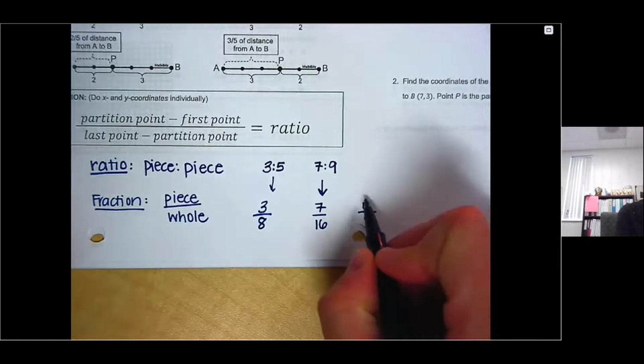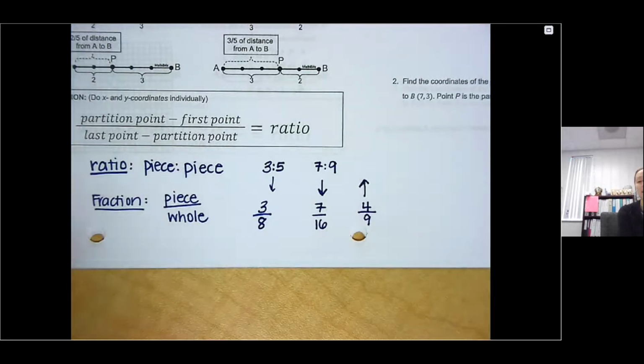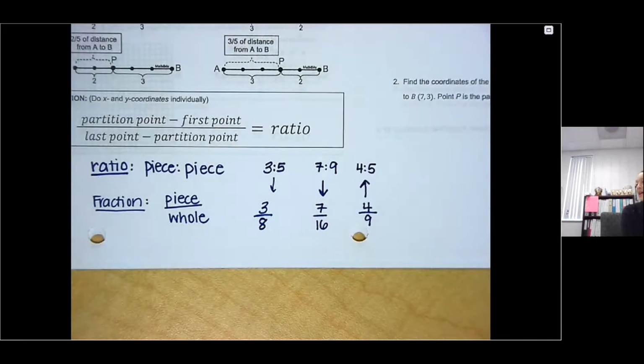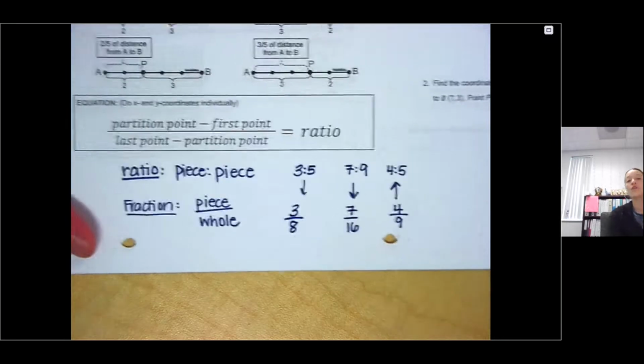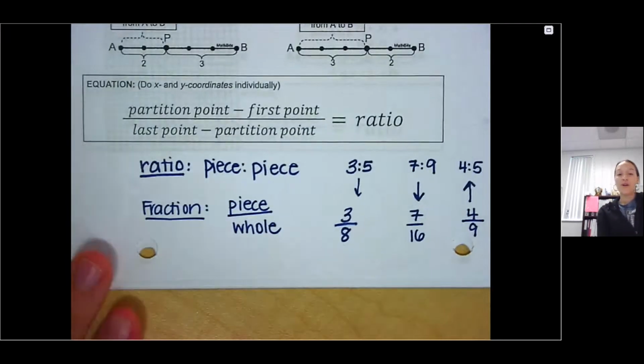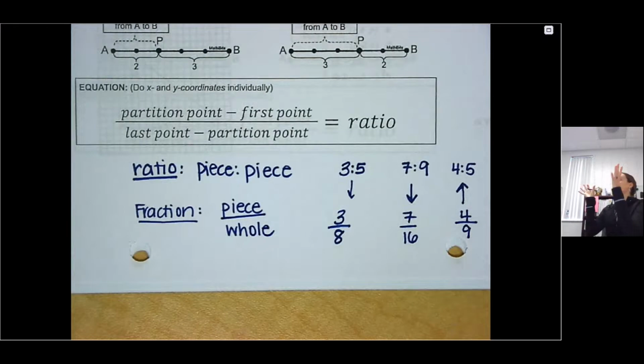How would I go backwards? What would that be as a ratio? 4 to 5. Very good. So 4 pieces to 5 pieces. In total, that is 9 pieces. Good. So in order to find a partition point on a graph, finding the point that divides up your